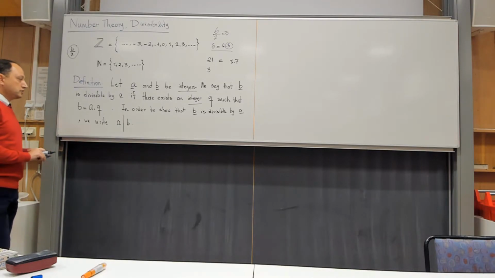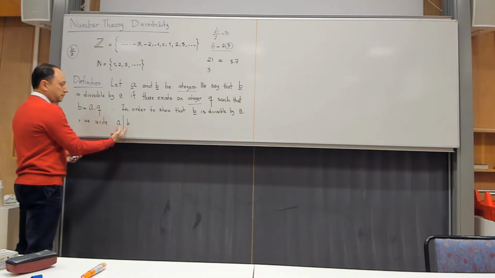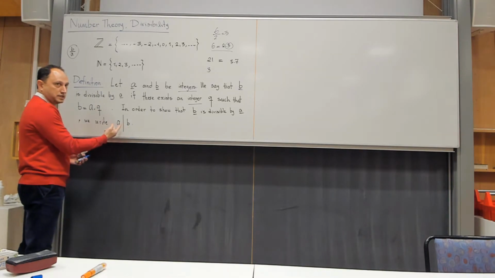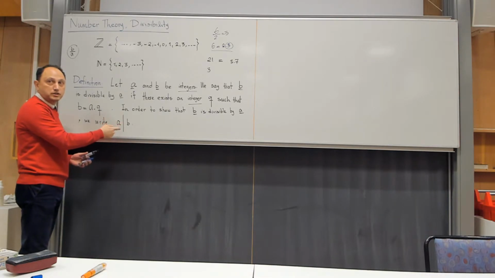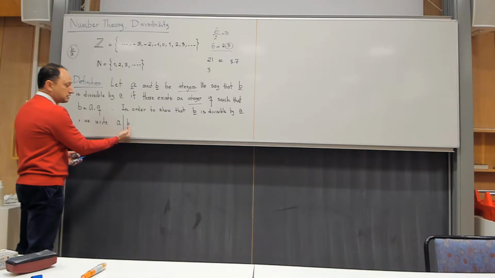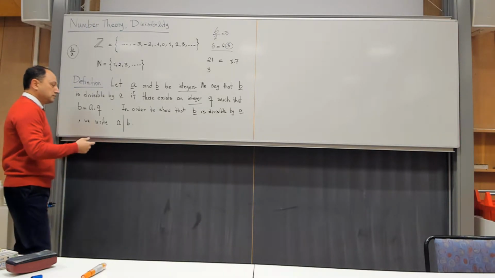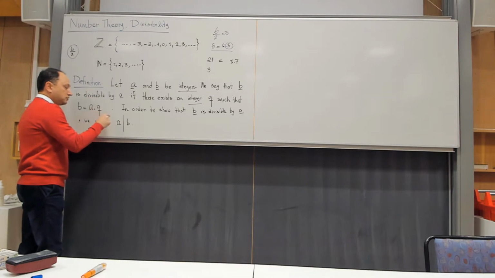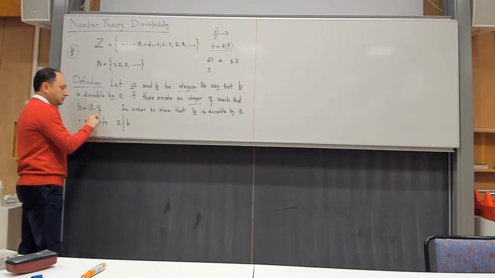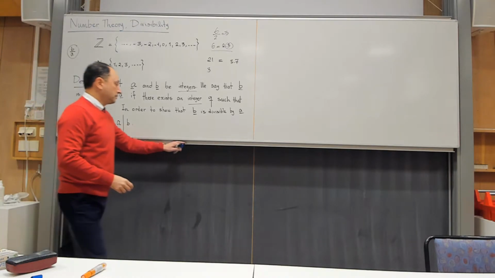Whenever you see this symbol in number theory, it means that I am dealing with two integers. This is always implicit in this notation. We don't mention it. And the other thing is that the number on the right-hand side is divisible by the number on the left-hand side. Meaning you are able to find an integer so that if you multiply it on the left-hand side, it becomes equal to the right-hand side. Yes? For example,